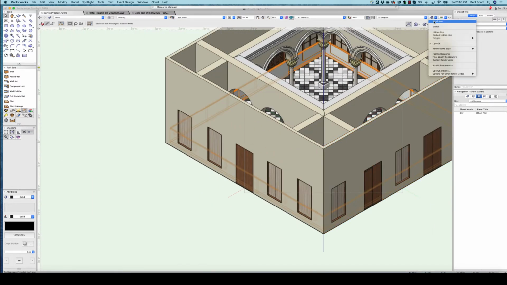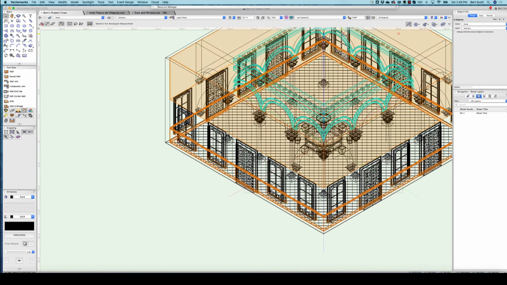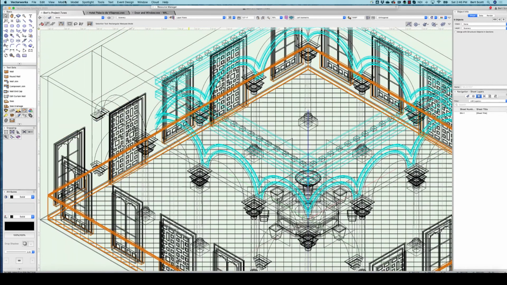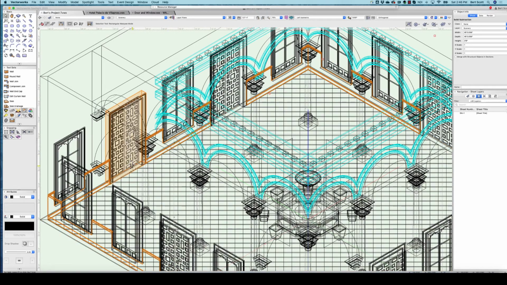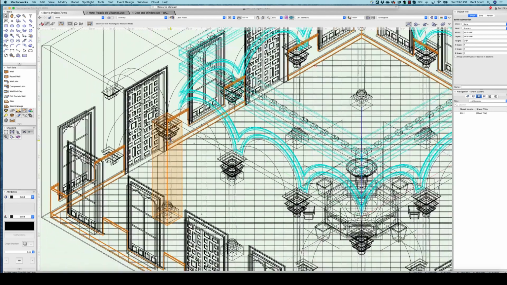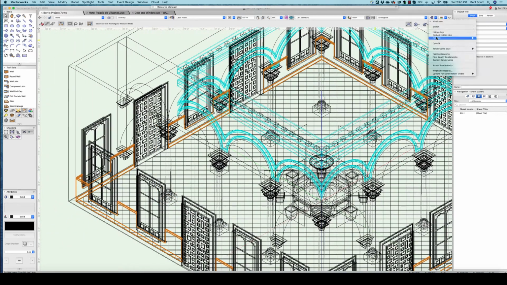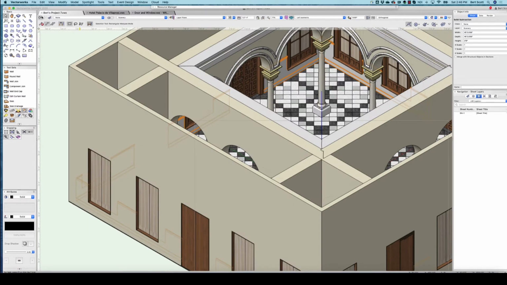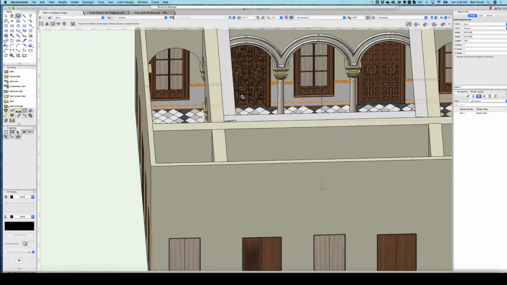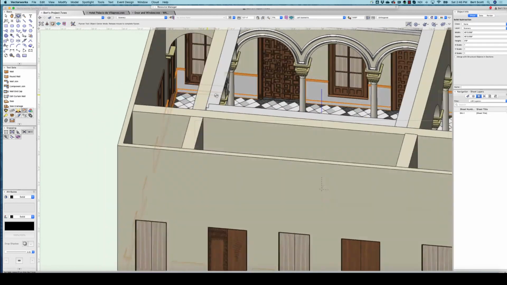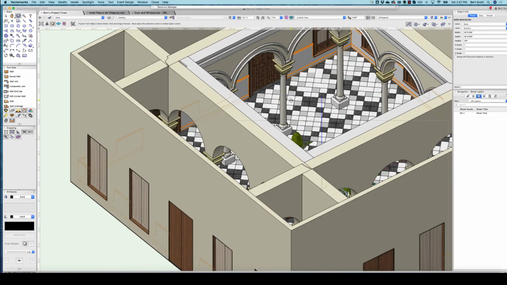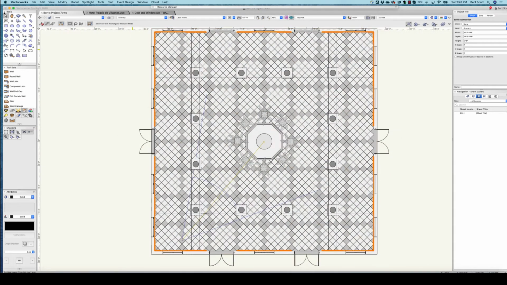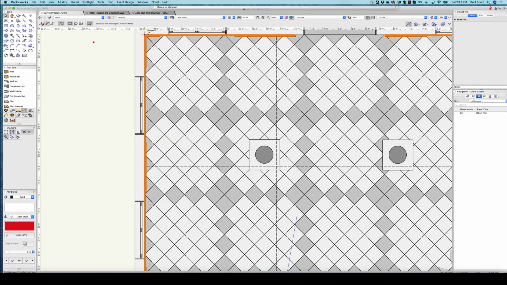isometric, just so we can see what we're doing, and then do a subtract solids, subtracting from the wainscoting, and hopefully it's all, yeah, that looks good. Okay, so now what we're going to do is duplicate that